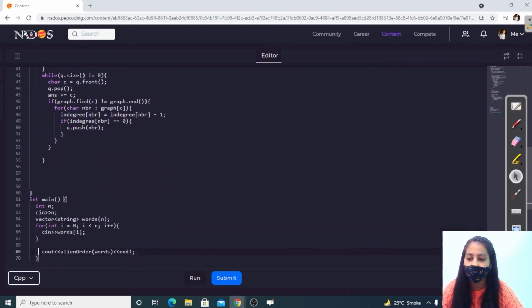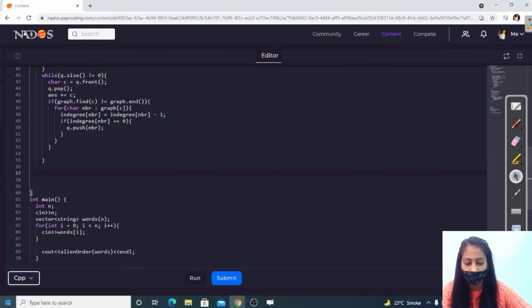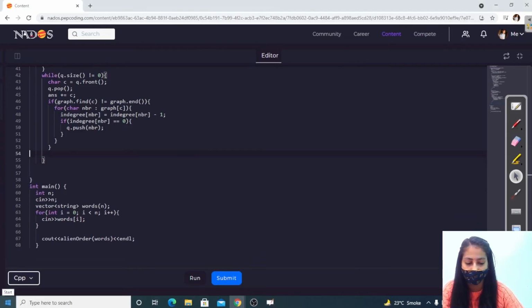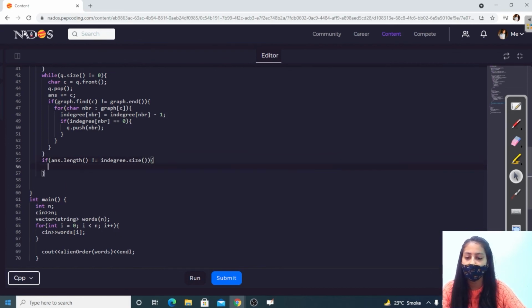Next we have to check whether we got all the characters. All the unique characters are added in the in-degree map, so we check here that if the length of our answer string is not equal to the size of our in-degree map, then we are unable to find the lexicographical order of the given list of strings.